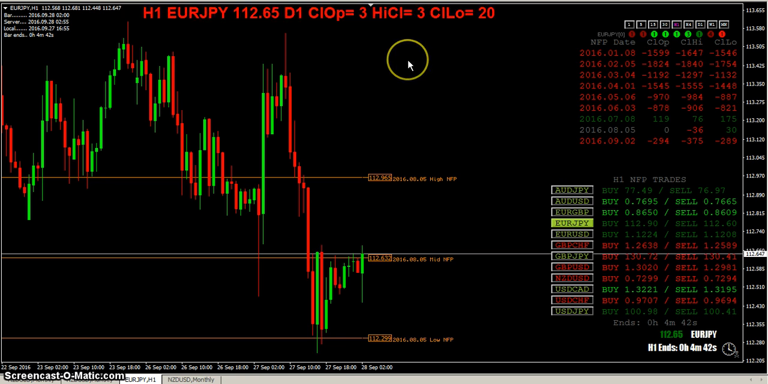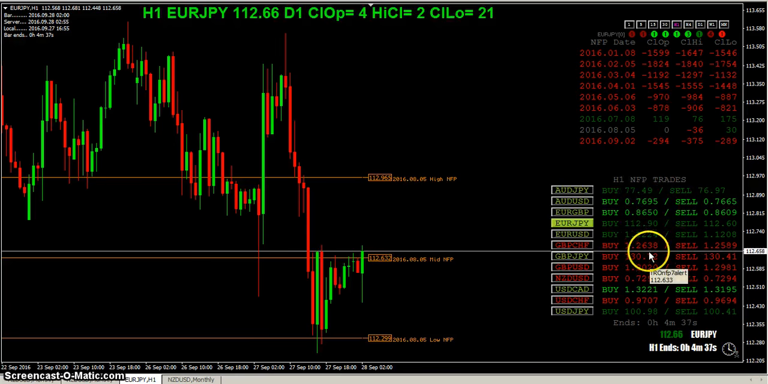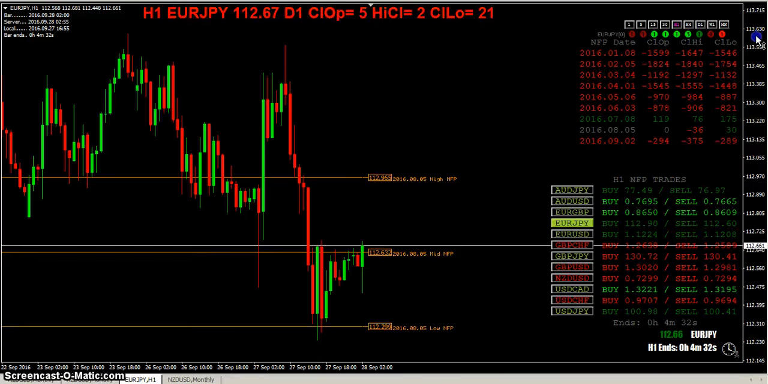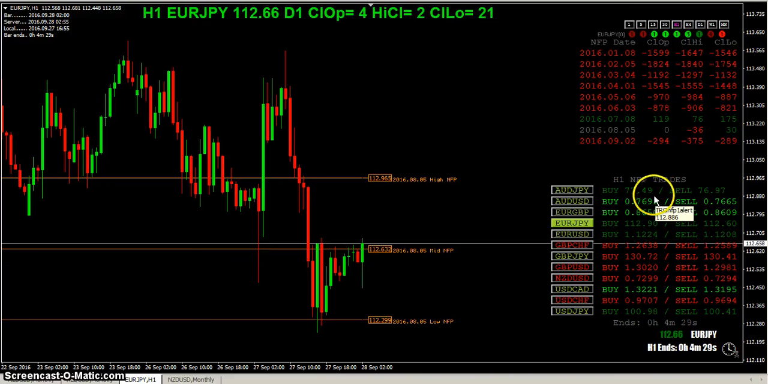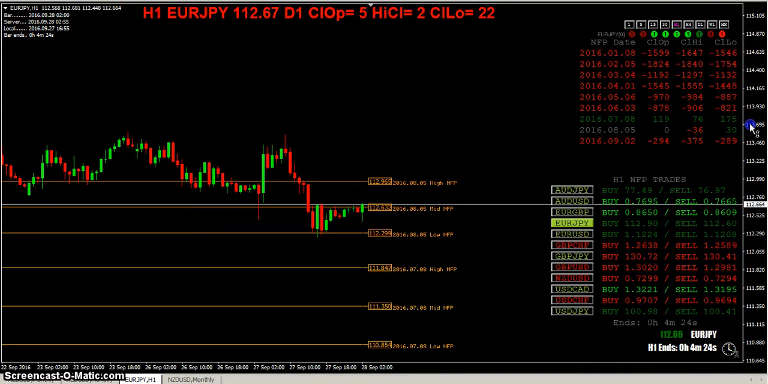I created an indicator last month, the NFP trades, that would tell you levels to do breakout trades on NFP day. And of course you can use this every day if you want to use those breakout levels. But I've been roaming around on different forums and I learned something about using the high and the low of the NFP. So I wrote an indicator, and what you have to do is you go in and you put in